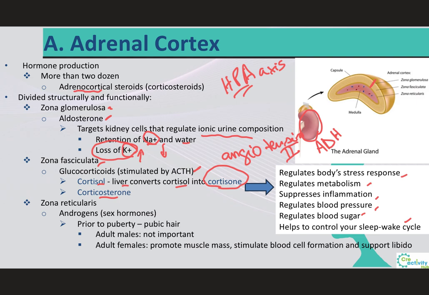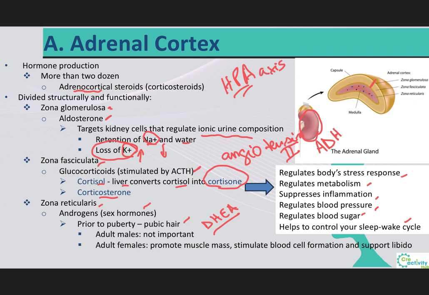Lastly, we have the zona reticularis, which is the smallest of all the zones, and normally it secretes small amounts of sex hormones, which in this case are the androgens. Remember that the most common androgen is testosterone. However, in the adrenal gland, the androgen that is most commonly released is the hormone called dehydroepiandrosterone, or DHEA. And this hormone will stimulate the development of pubic hair in boys and in girls right before